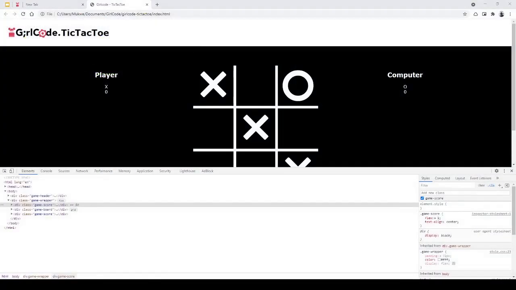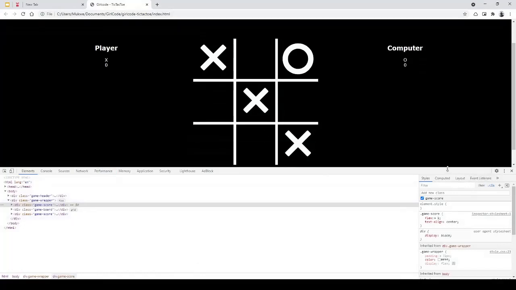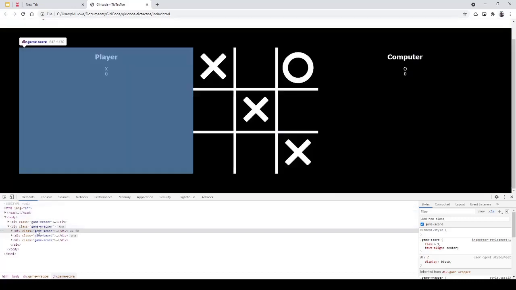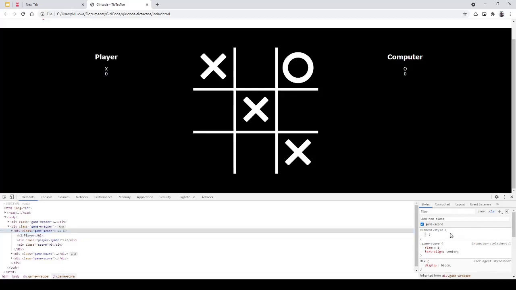If we look at our browser, it is probably much better to have this centered vertically. A simple way of doing that is, if we come here, then we give this, let's say,